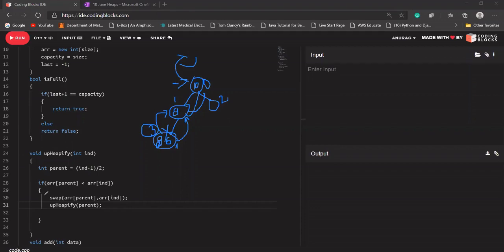So before doing that, let's check here if parent is greater than or equal to 0.